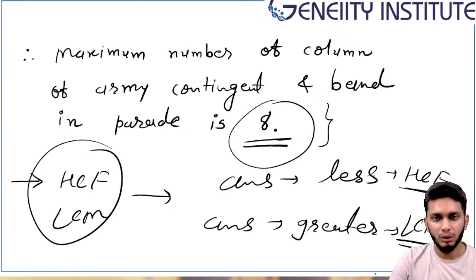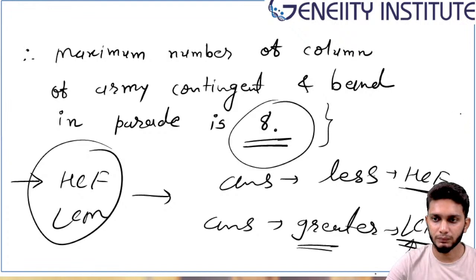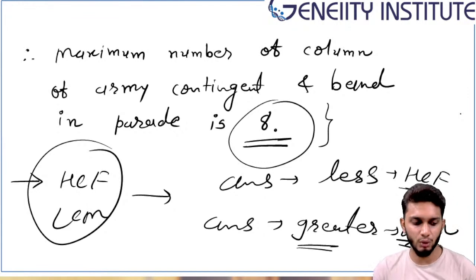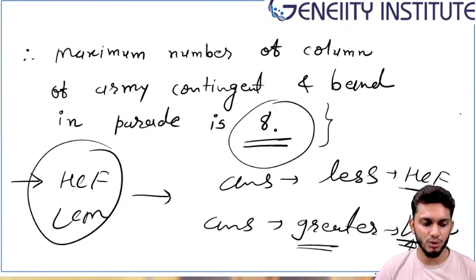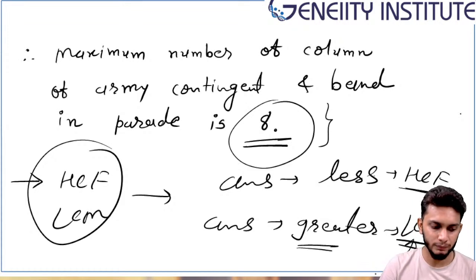Whenever you know that the answer must be greater than the given numbers, then at that time you will find LCM. अगर आपको पता है कि आपका आंसर जो नंबर दिए उससे बड़ा है, तो आप एलसीएम फाइंड करोगे. आपको पता है कि आंसर छोटा है, तो आप एचसीएफ फाइंड करोगे. ओके